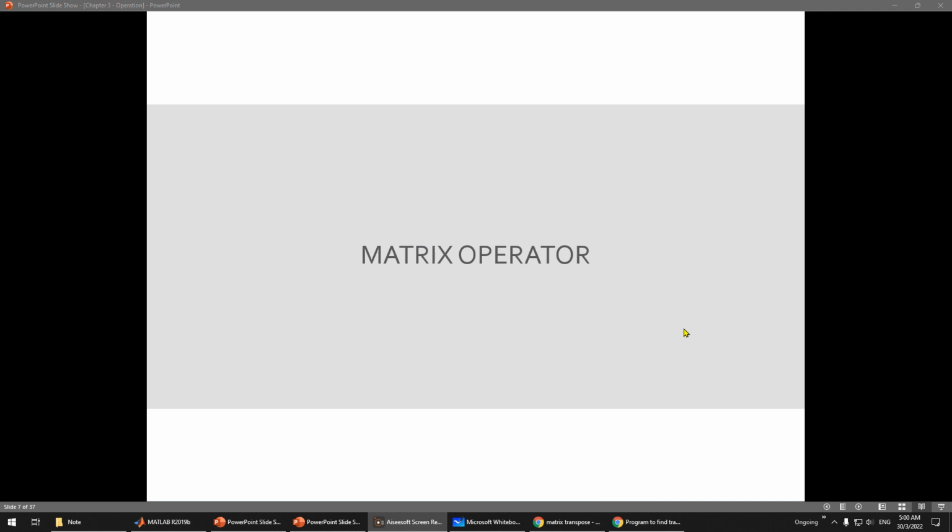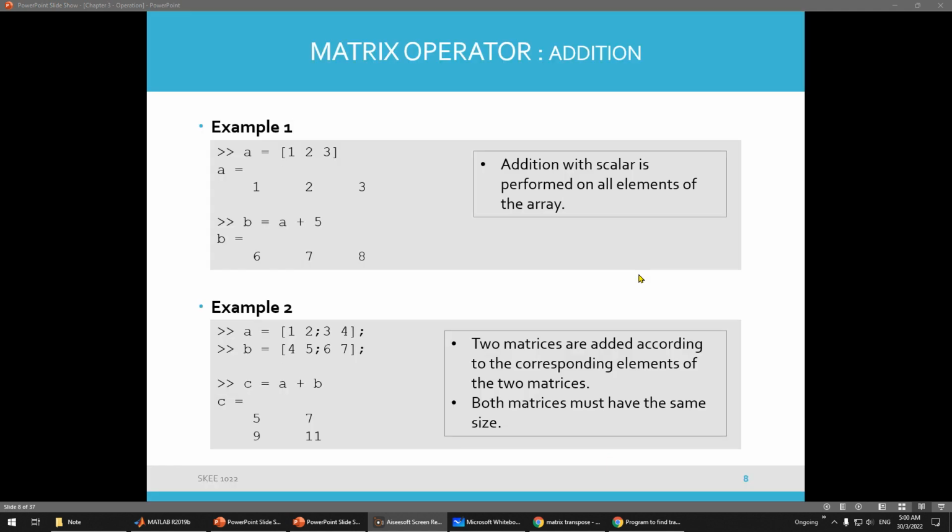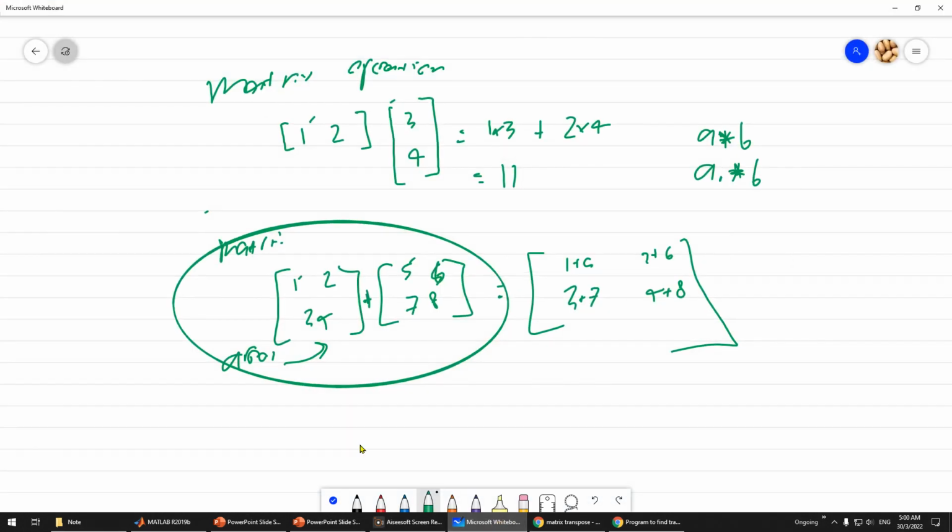Okay, we continue with the matrix operation. So we start with addition. Addition I think is a simple one. So of course, recall back to chapter 2. A is equal to 1, 2, 3. B is equal to A plus 5. So when it comes to this, if you recall your matrix knowledge,